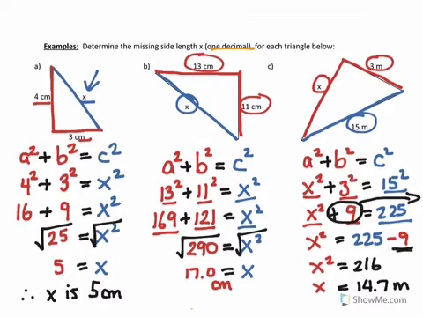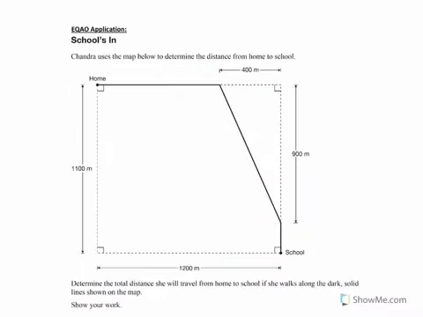All right, so 225 minus 9 is going to give you 216. And that's where we do our last step of a square root. And we're going to get 14.7 when we round, meters. Okay, so I think you get how to do the Pythagorean theorem, but what does this look like in an